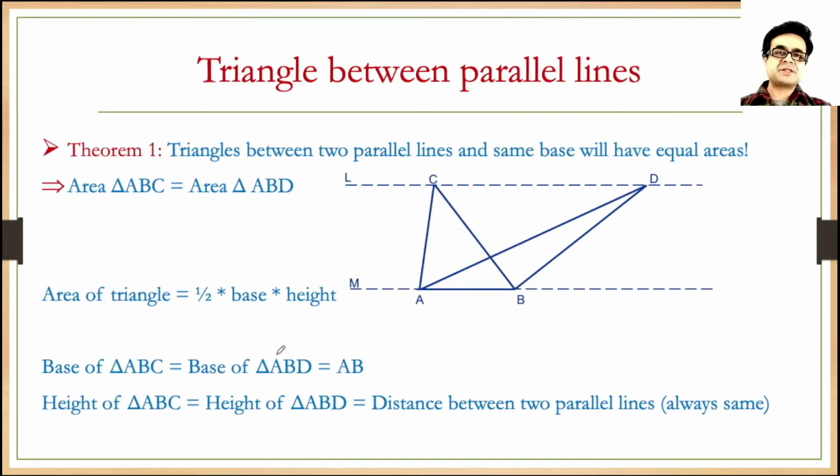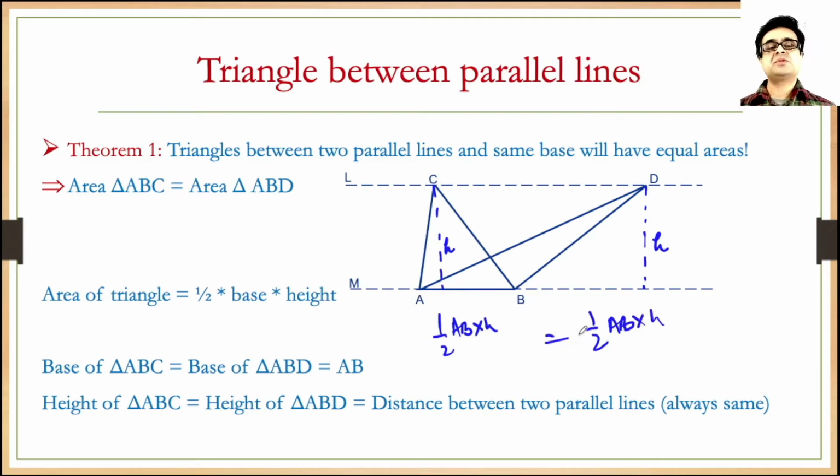So this is a classic problem of a triangle between two parallel lines, and a very basic application of the area of triangle formula. It follows from the fact that the distance between the parallel lines is always the same. So this height will be the same as this height. The area of triangle ABC would be half AB into height, and the area of triangle ABD would also be half AB, which is the base, multiplied by height,